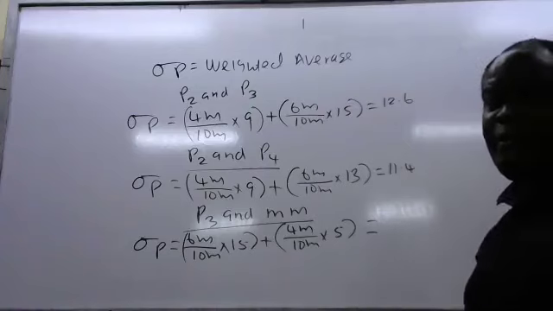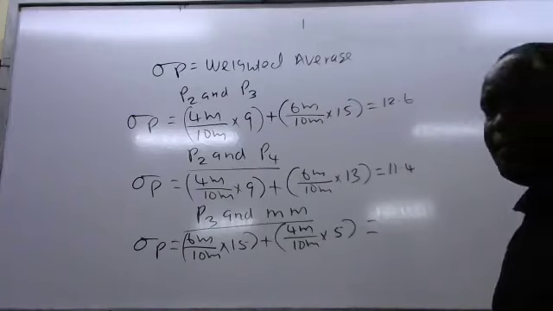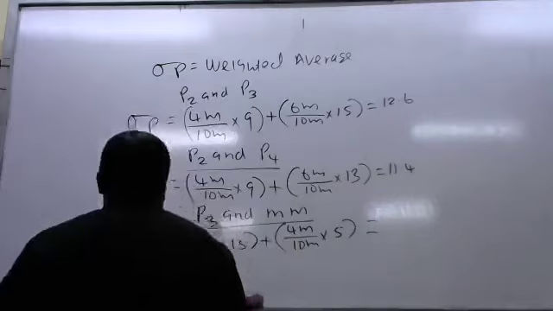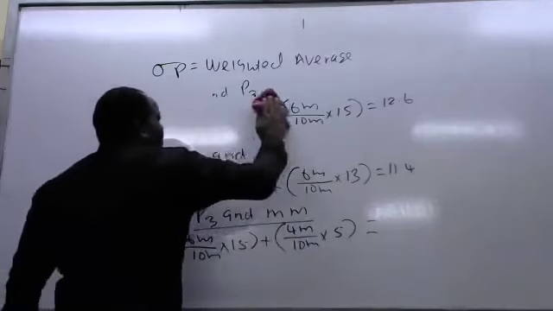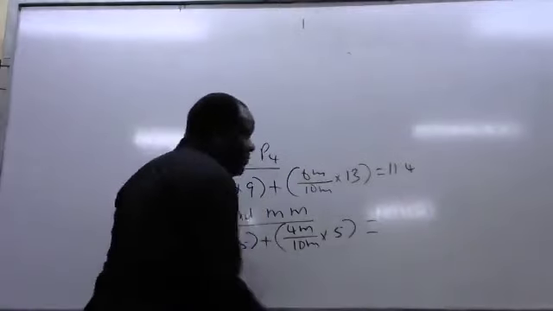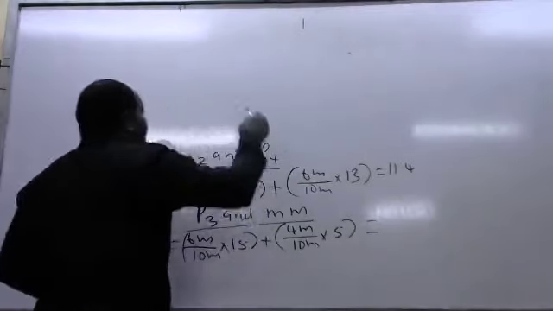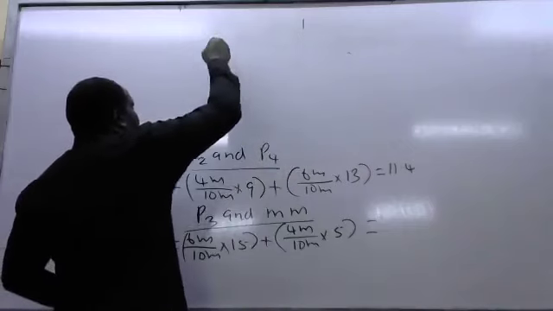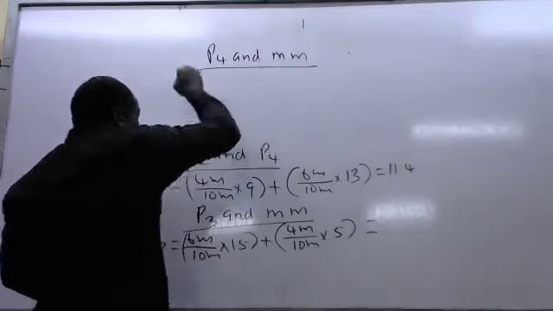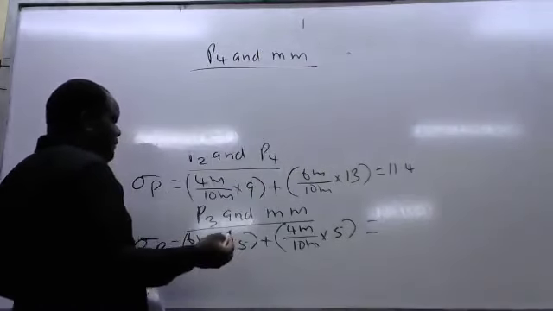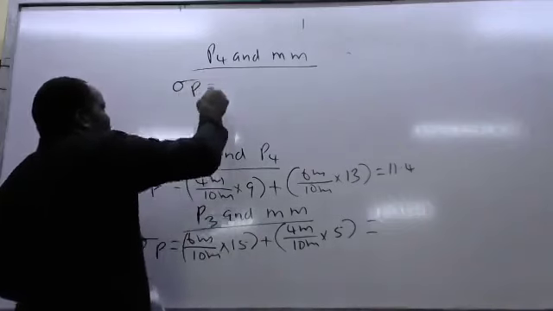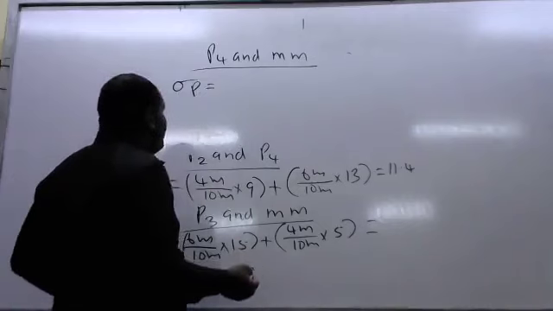Then finally, which combination? Project 4 and the money market. We also check now project 4 and the money market. So when it comes to project 4 and the money market, the standard deviation of that portfolio is meant to be